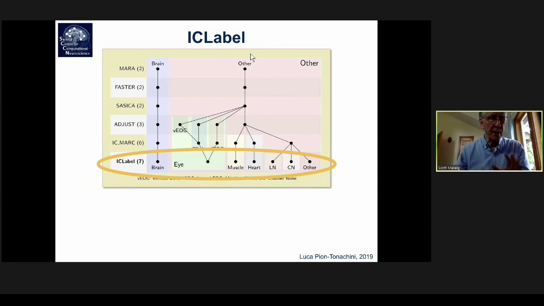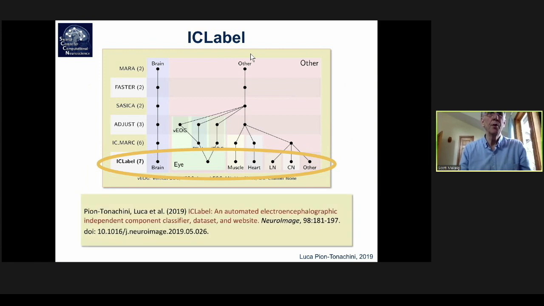Although again, it's stochastic. It's not that it makes no mistakes. So I urge you to carefully look at results of IC label for several to many data sets first. And there's a paper in Neuroimage where you can read all about the details. And please contribute. Please use the tutorial. I think it's a very valuable tutorial. And then continue and contribute some